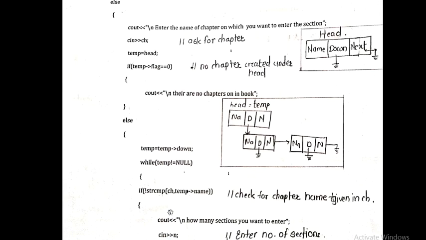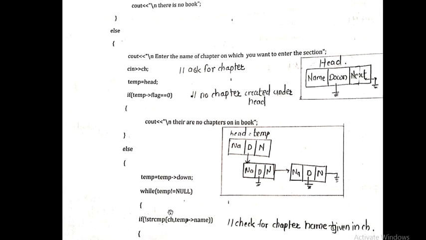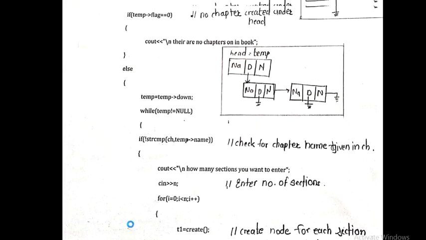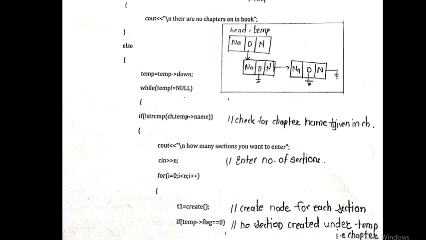So directly what we are going to do? We search for the next temp, meaning if this chapter is not matched, then we are moving toward the next chapter, right? If matching is not done, then we will search for the next chapter, right? So this is the end of the while, this while loop we have included. Here we are ending our while loop. Then this is the end of the else part. So that else is going to end over here.